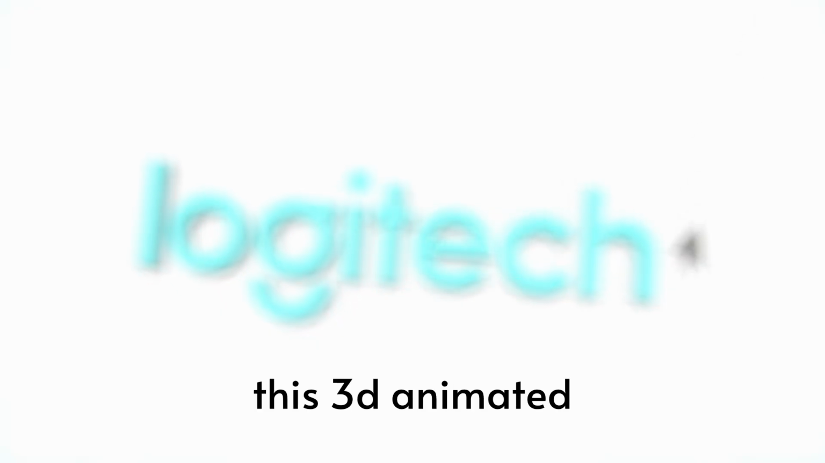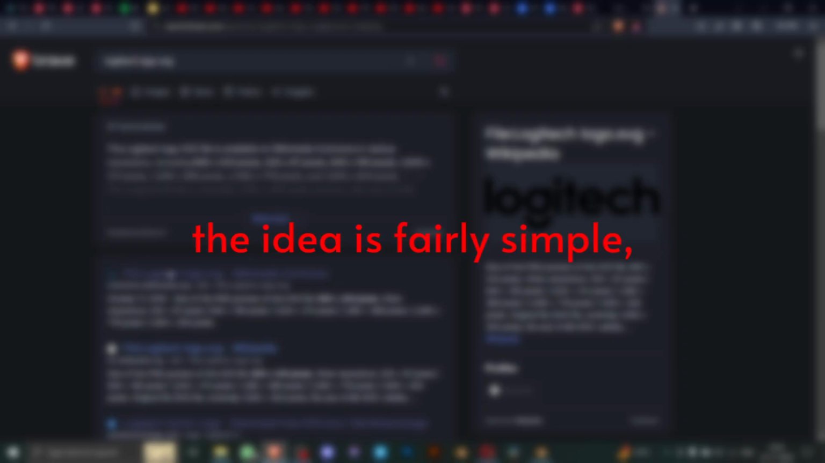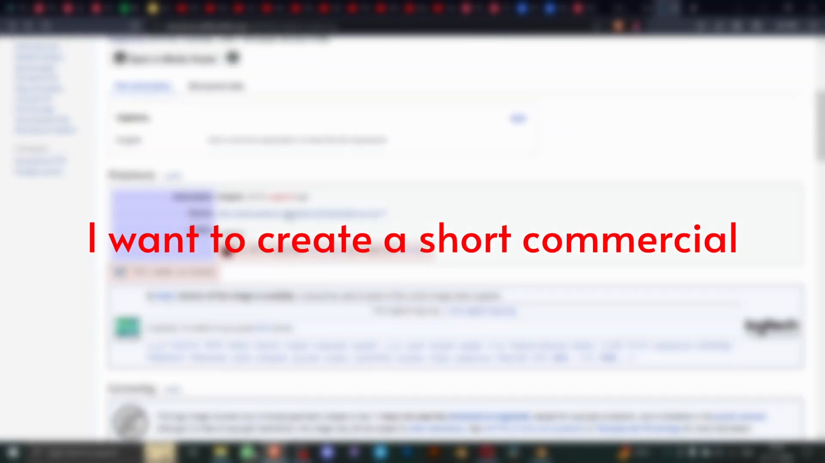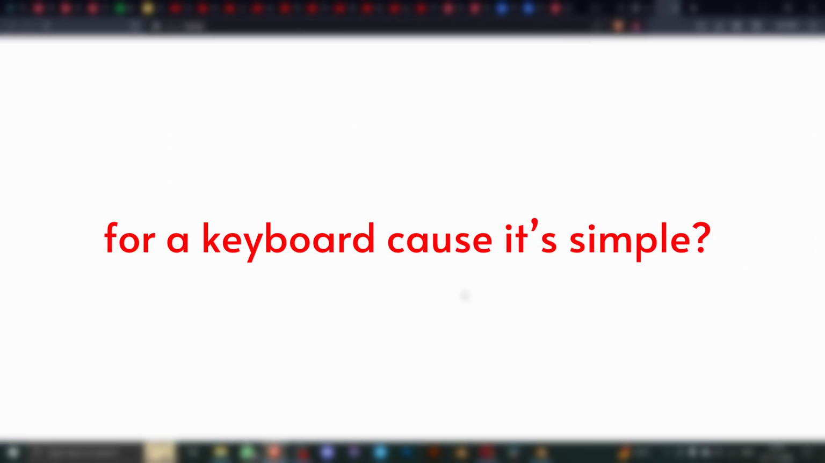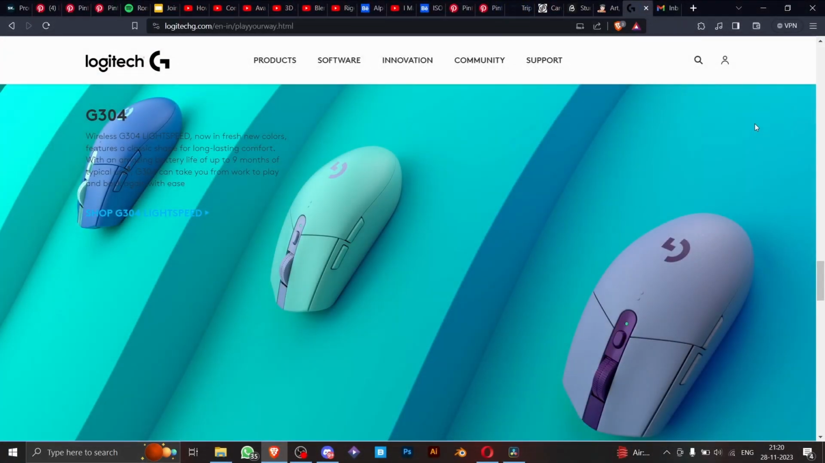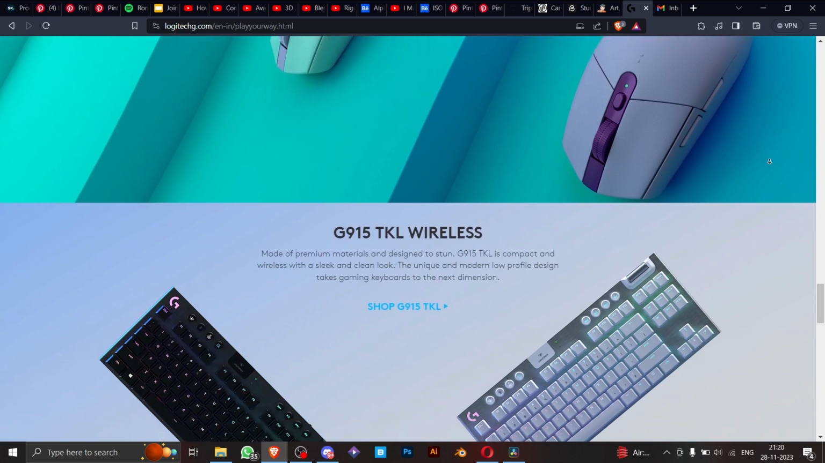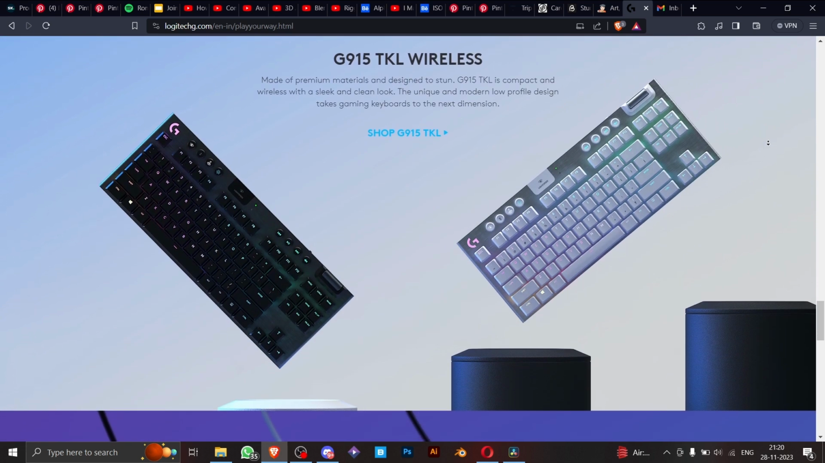I created this 3D animated commercial for Logitech in Blender. Well, of course, it's not official. Not yet. The idea is fairly simple. I want to create a short commercial for a keyboard because it's simple. Basically, I just love the design of this keyboard by Logitech, so I thought to give it a try in